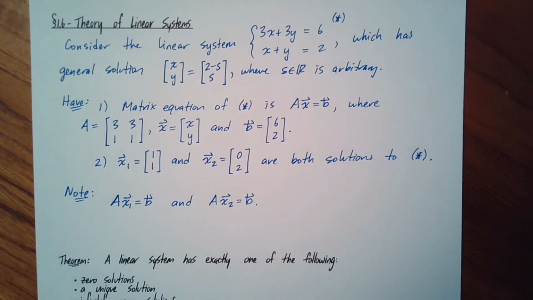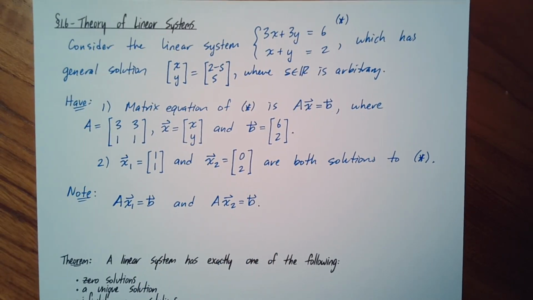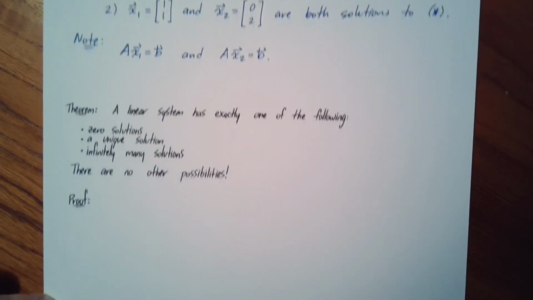So this is another way of writing down solutions to a matrix equation. You can write them down in vector form or column matrix form. This is going to be very convenient when you're working with a linear system where you don't always have access to information like how many variables or how many equations it has. That's why it's useful to use this notation. So going forward, we're going to do that now